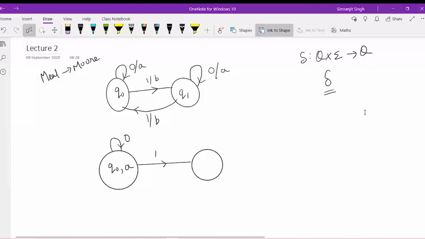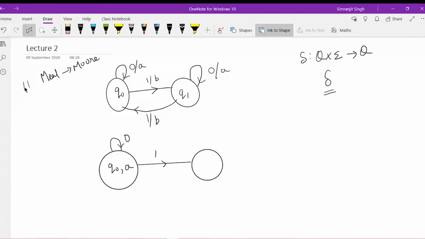Okay, so in this particular kind of question, if you see on the Q0 node, there is an output of A coming towards Q0 as well as an output of B coming towards Q0. So whether to put A or B here as an output? In the same way, on Q1, the output of B is coming towards Q1 as well as the output of A is coming towards Q1. So whether to put A or B here, that is the problem.